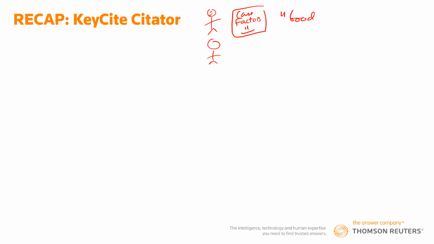And by good law, that is a very simplistic way of talking about it, but again, it is a case that hasn't been overruled for the reasons that we wanted. And the reasons that we want this case, again, are because the facts are really similar, the rule of law was good, and because of that, coming from a higher court, it applies to my judge over here, and that's why we like cases. That's why they can be very effective for us when we're doing our preparation for memos